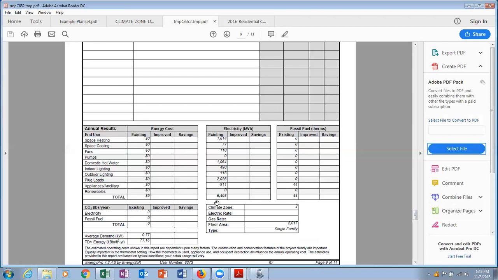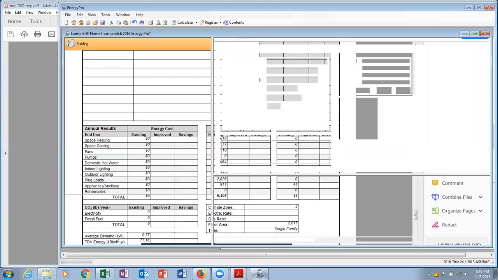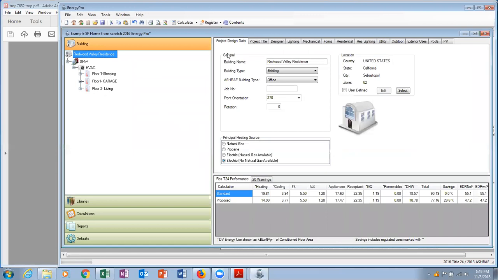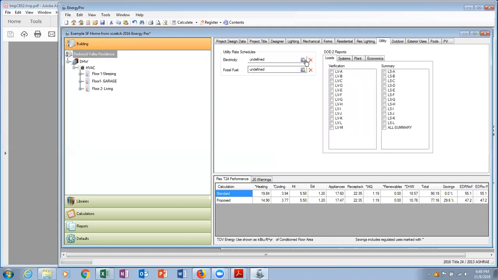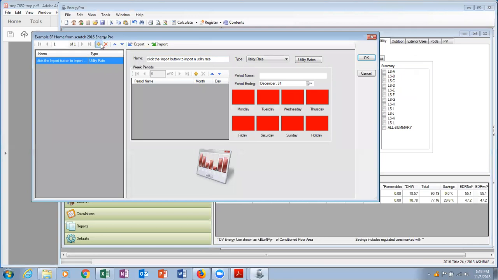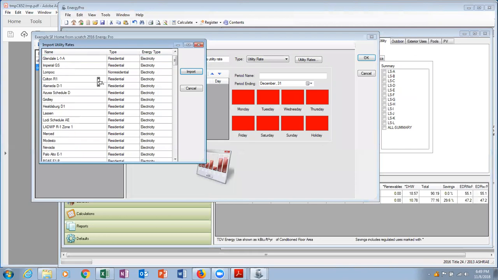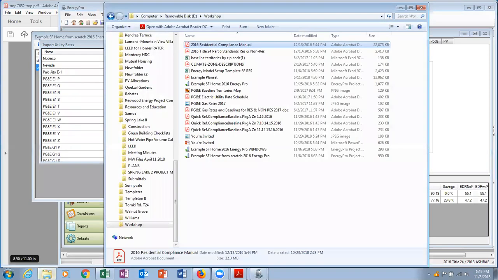So if you wanted to break down the total cost to run everything, there's additional features that I did not include here, and that would be on the utility tab. You need to define your utility rates based on your baseline territories. So we could actually do this really quick. If it's PG&E,